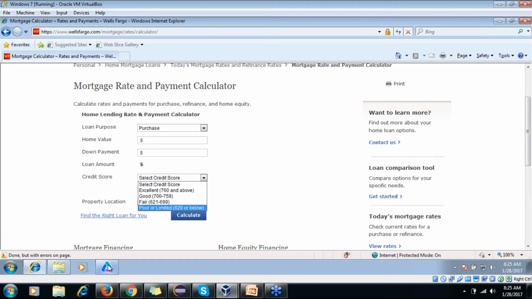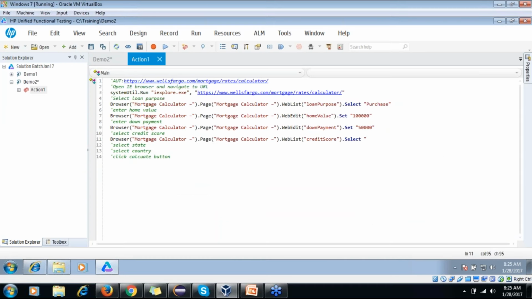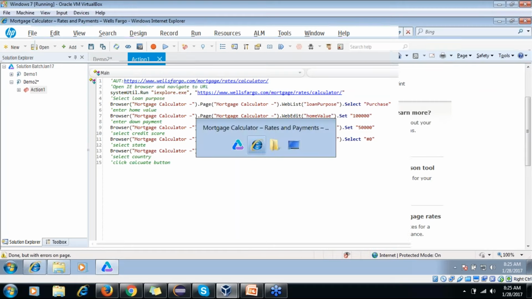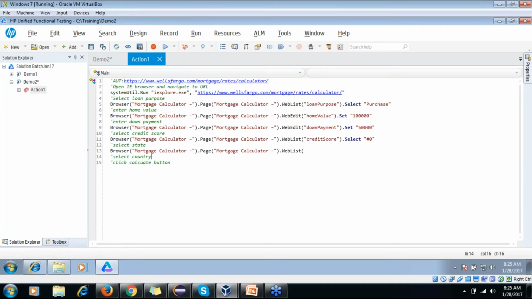So what I can do is I can use this way, and then what we have to select, I guess it is state.